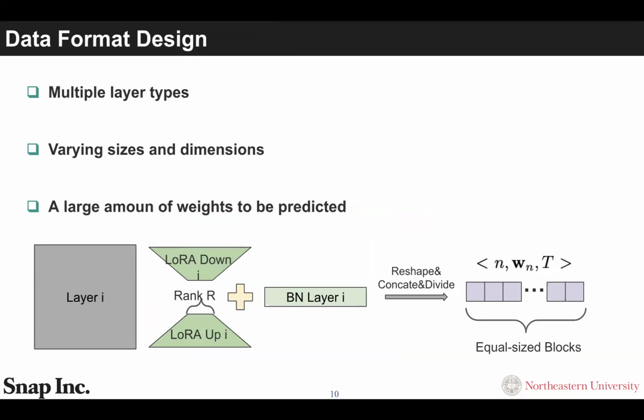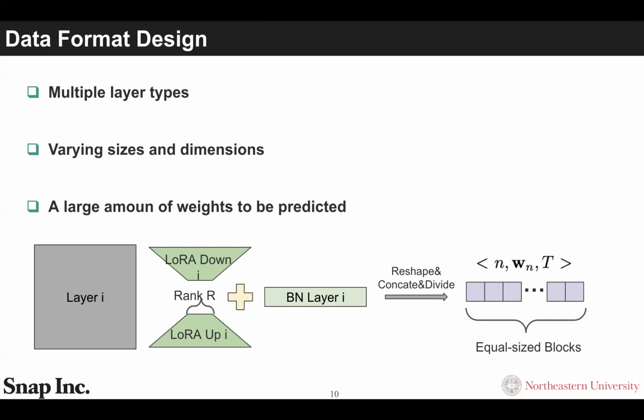It's important to design the weight format for both training and inference of the weight generator, and there are multiple challenges for this. The first is that there are many different types of layers. Also, the size and dimension vary across different layers. Furthermore, the amount of weights to be predicted is huge.